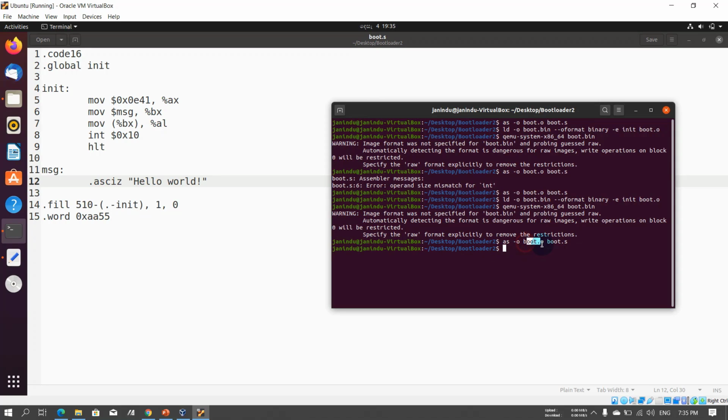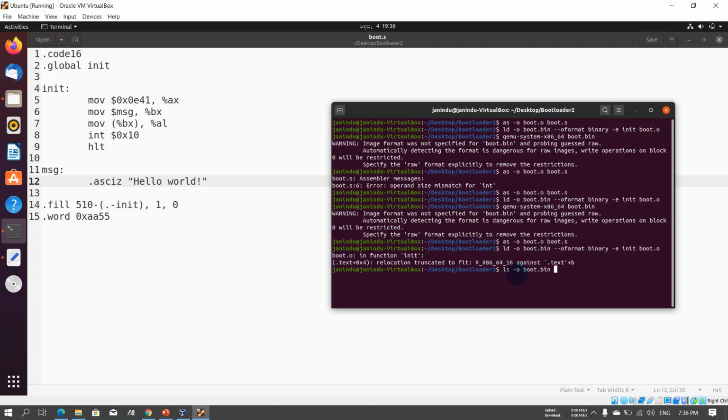Since we are compiling the boot source code as object code, it will compile well, but when we compile it as a binary file, it will give some error, because the appending won't work correctly. Therefore we need to tell our linker like this: